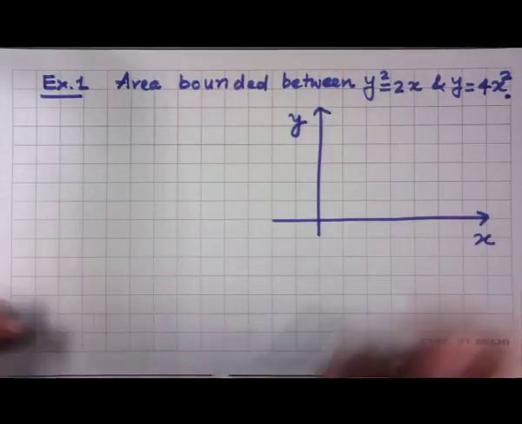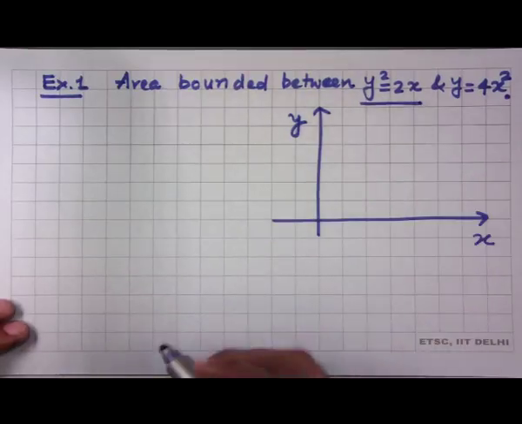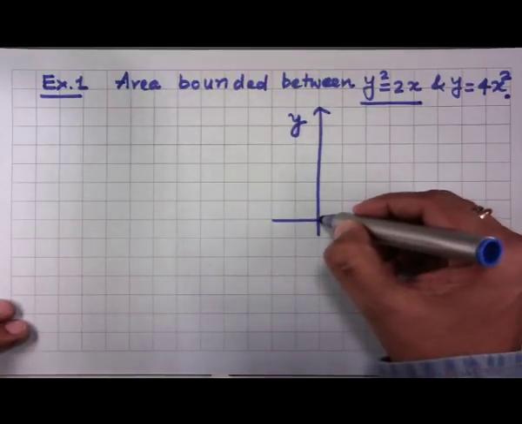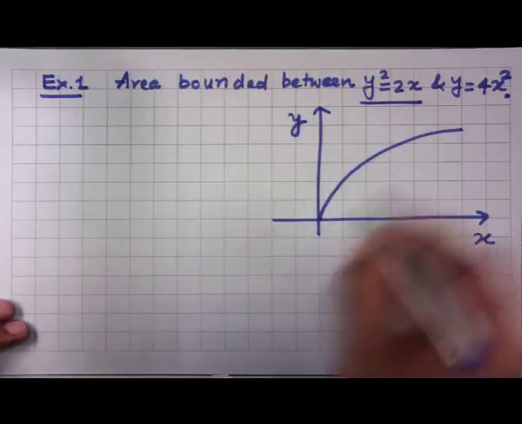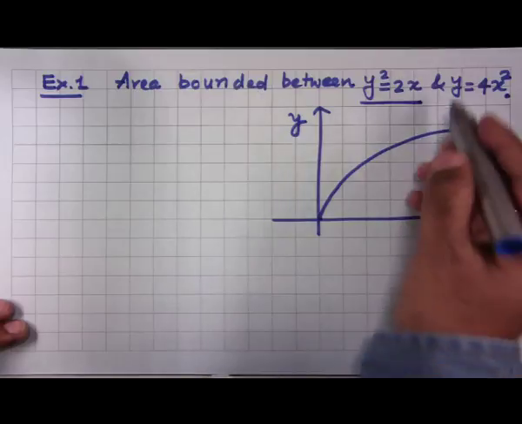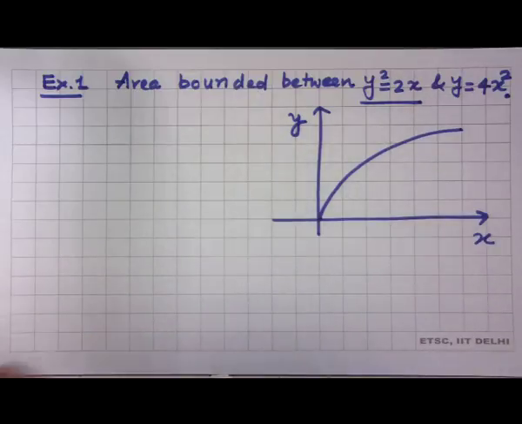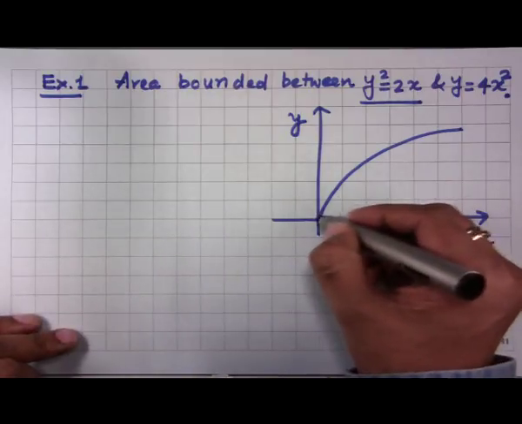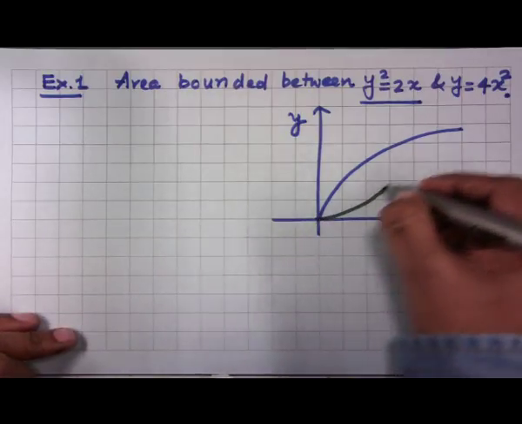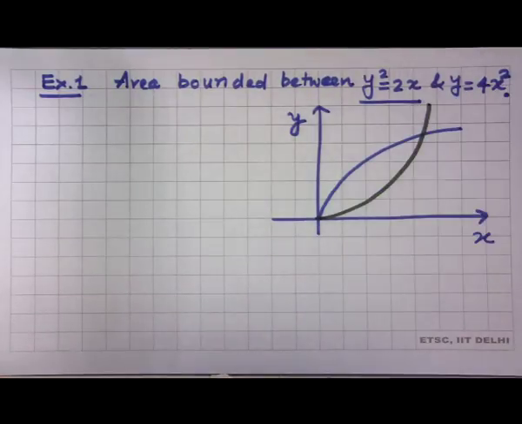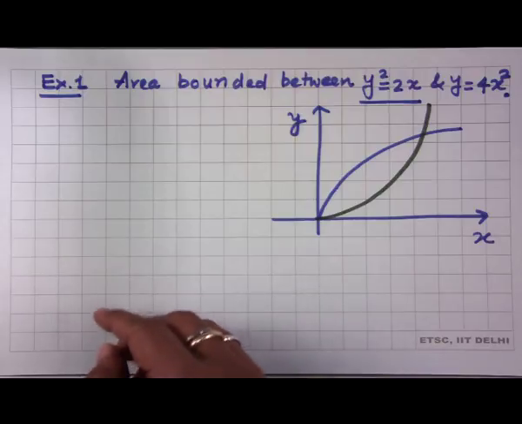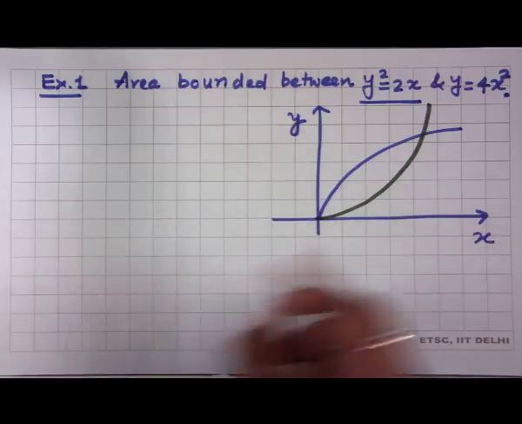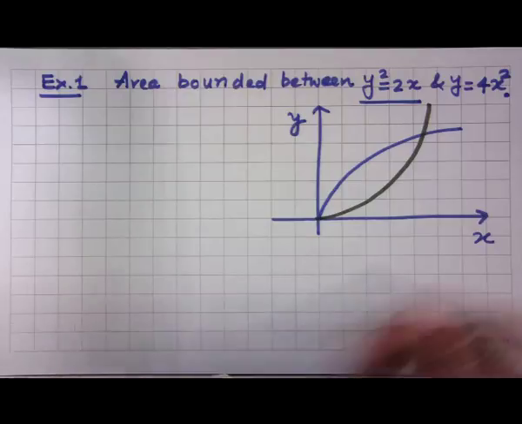You know that y square equals 2x is a parabola whose vertex is (0, 0) and axis is the x axis. So you get this, and y equals 4x square is a parabola whose vertex is (0, 0) and axis is the y axis. Therefore, it will be drawn like this. Elsewhere they will not intersect each other. So the area bounded between these parabolas will be,